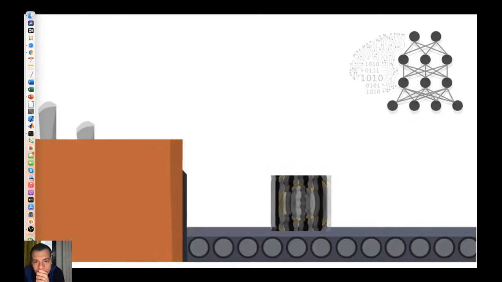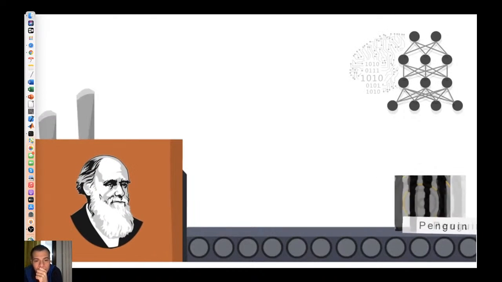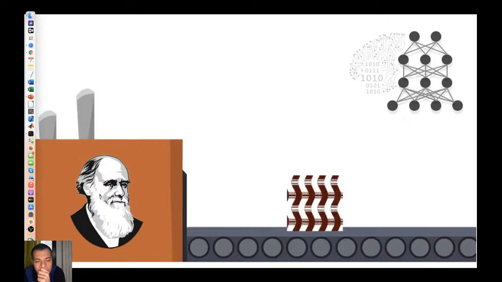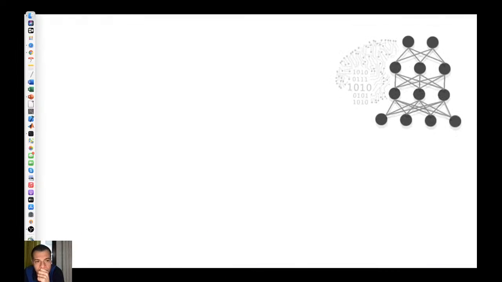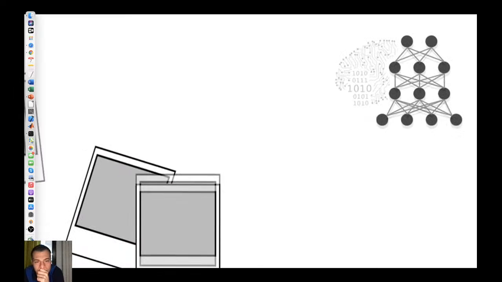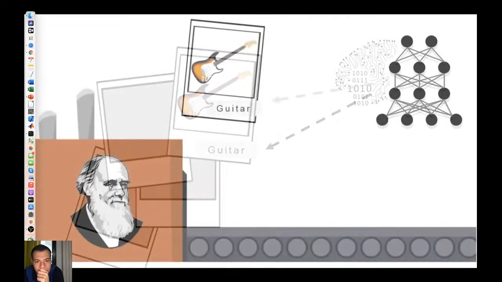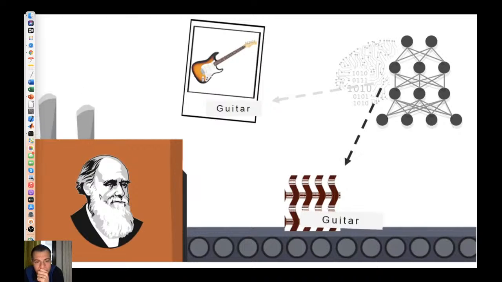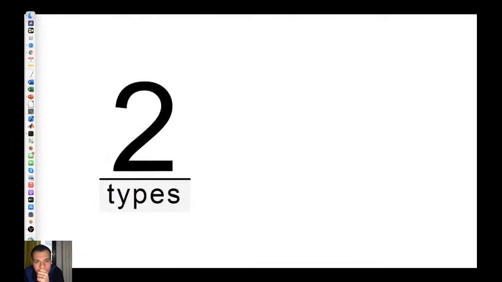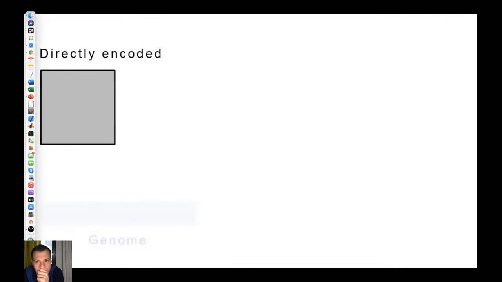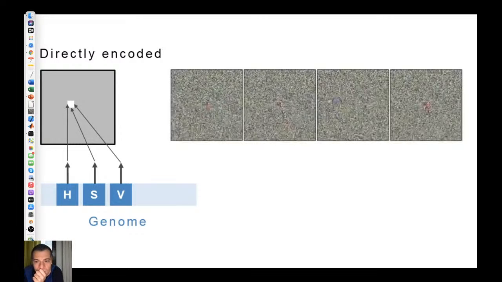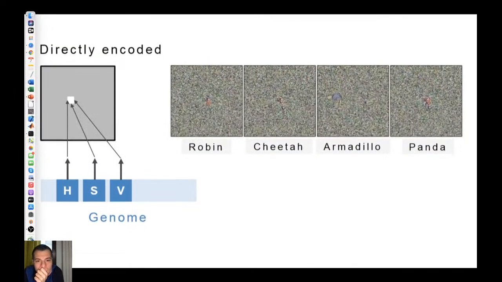We generate these synthetic images with evolutionary algorithms that produce images that deep neural networks confidently label as belonging to a class. To do so, we take a deep neural network already trained to recognize real images. Then, we evolve images that the same network rates confidently as known objects. We evolve two types of images. The first type is directly encoded images, meaning we independently optimize the color values of each pixel. The resulting images look mostly like white noise.